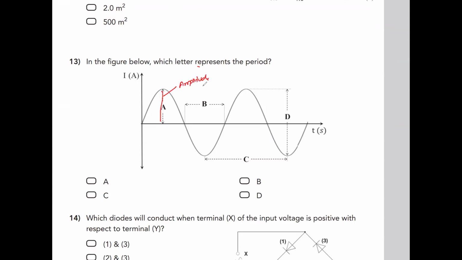Remember one thing: for taking the period, we have to take from here to here. This is my whole period, starting from here to here. So obviously C is the representation of time period, and we can say this is also my one wavelength. So you have the right answer like this. Option number C is the representation of period. Okay, so question number 14 here is